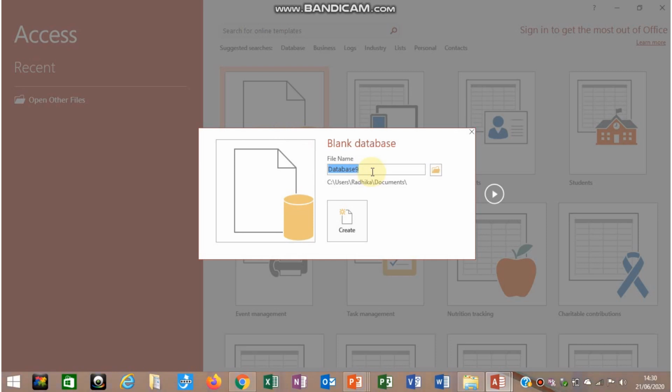After clicking it once, a pop-up box appears. You need to name your database. I am naming it as database 1, any name you can give, and you need to click on this create option.